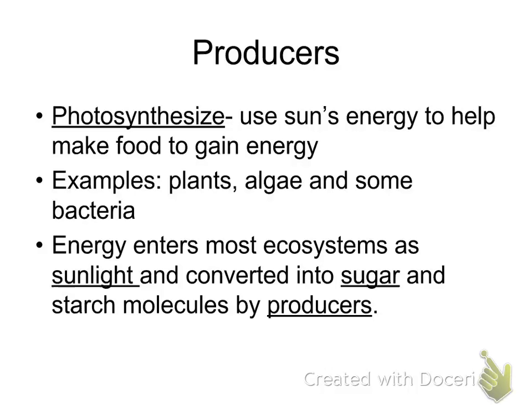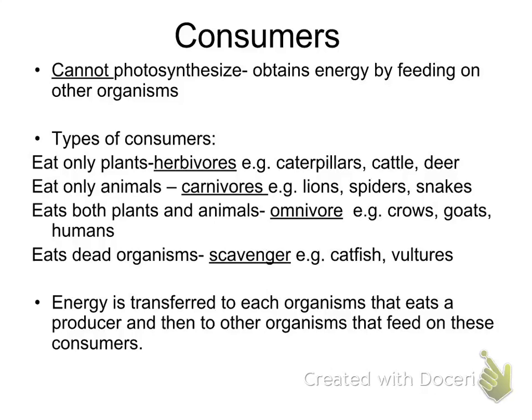When I'm saying those other organisms, I'm talking about consumers, right? These guys cannot photosynthesize, so they do not have chloroplasts in their body. They have to obtain their energy by feeding on other organisms. And there are different types of consumers. There are herbivores. These guys are only eating plants, so caterpillar, cattle, deer. A lot of you used these in your projects. When you had your posters of your plant and your organism that was working together to survive, a lot of you used things like caterpillars, cattle, deer. Some of you used bunny rabbits. Some of you had pandas, giraffes, gazelles. I had all sorts of stuff.